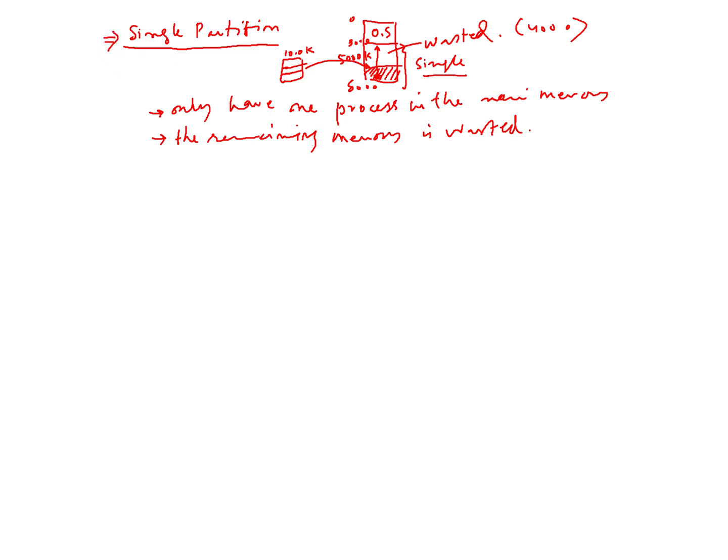Now remember that in single partition or multiple partition, the pages or the parts of a program are required to be stored in a consecutive way, right? Because this is one of the schemes under contiguous memory allocation. Okay, now the second one we have